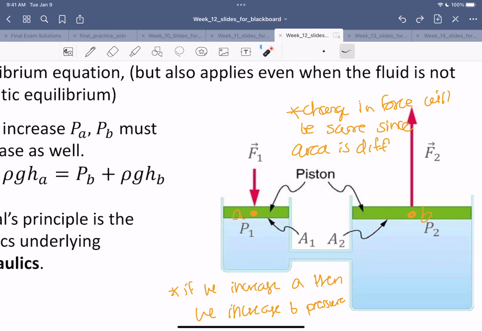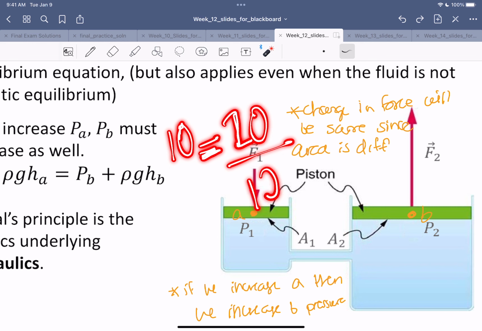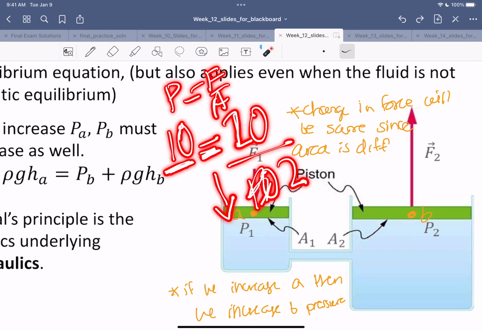Let's say your pressure is 10, I'm not going to assign units. If your pressure is 10, your force is 20 and your area is, my bad, 2, that's your smaller area. If I want that exact same pressure value, remember pressure is equal to force over area. This is of the left piston right here. For the right piston, if my pressure is that same 10, but now I have a much larger area,